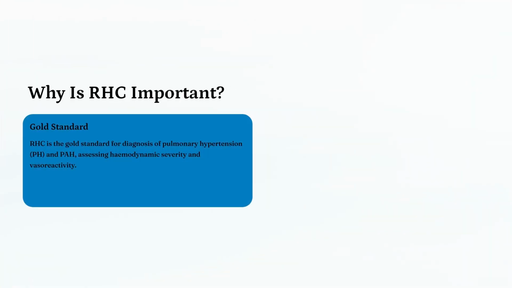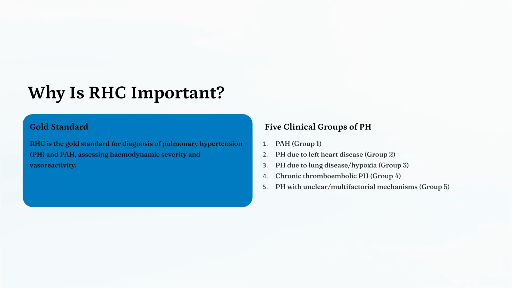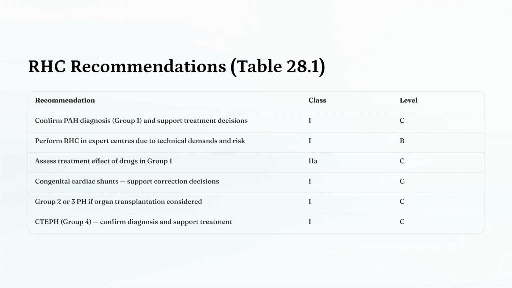Right heart catheterization is considered the gold standard for diagnosing pulmonary hypertension and PAH. It allows clinicians to assess hemodynamic severity and vasoreactivity, helping to classify patients into one of the 5 recognized clinical groups of PH. This table outlines key recommendations for the use of RHC. It underscores the importance of confirming PAH diagnoses in expert centers and using the procedure to support critical treatment decisions